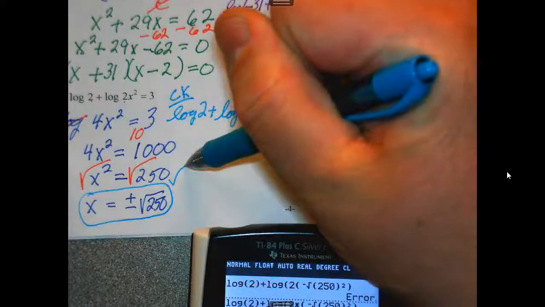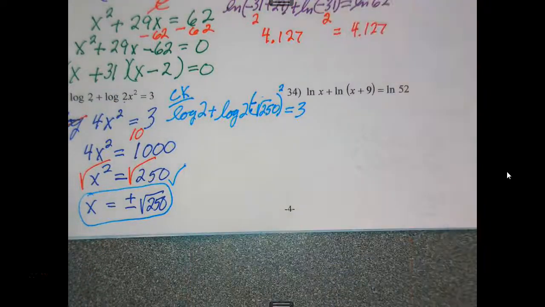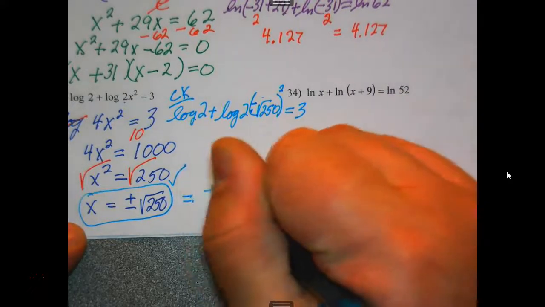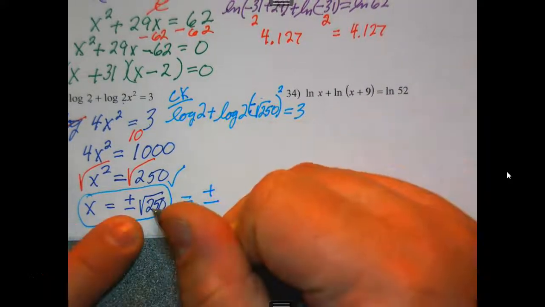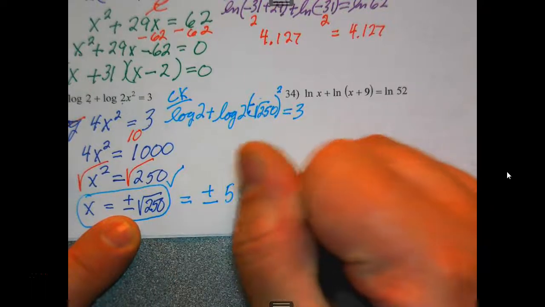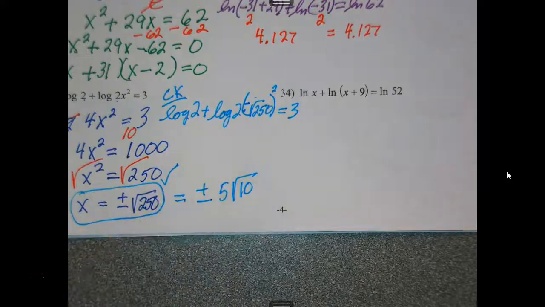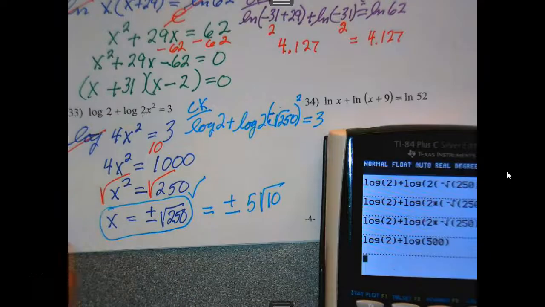Hey, you're lucky I don't make you simplify the radical. 25 times 10, square root of 25 is 5, square root of 10. Yeah, somehow I'm putting this in my calculator wrong. But at this point, I don't care because